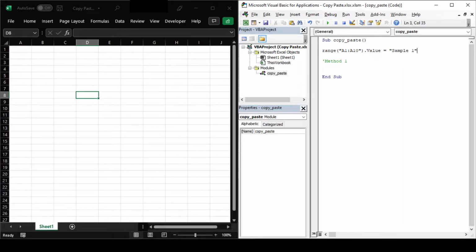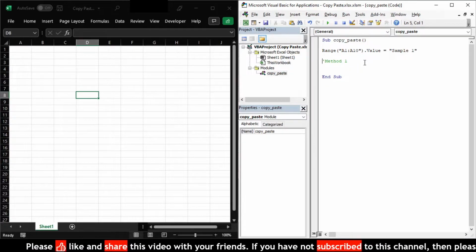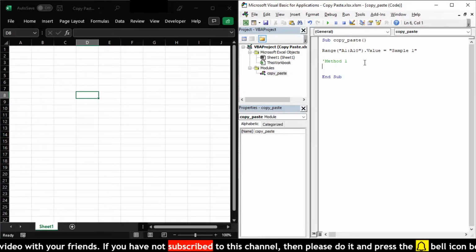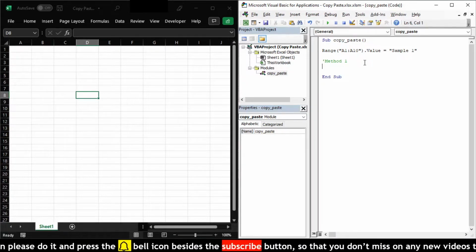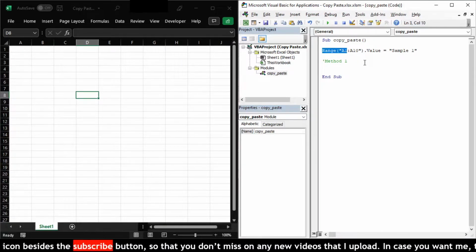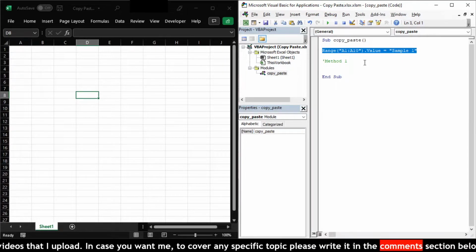We have already seen in an earlier video how to refer to cells with VBA. If you haven't seen this video, then I have provided the link in the description box below and the I button above. In this video, I have explained referencing cells with 4 different methods and referencing range is one of them which we have used here. So, this line will write the text sample1 in all the cells from A1 till A10.